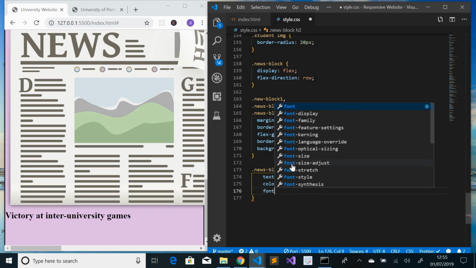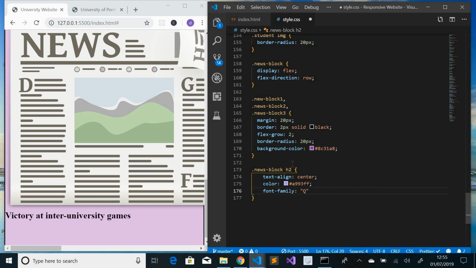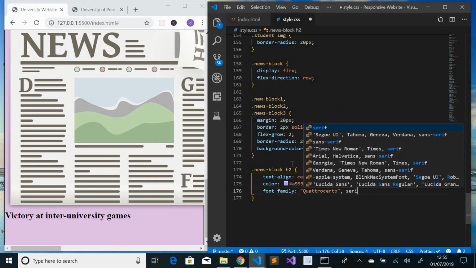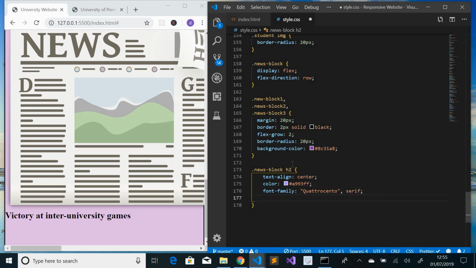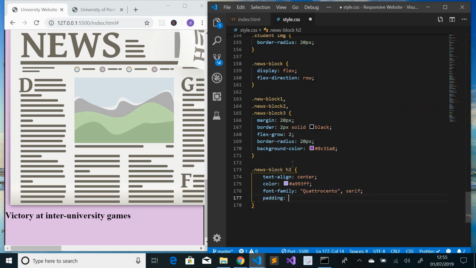Then font family, since it is a heading, it will be again Cento and serif. Next, we will have padding of 20 pixel,